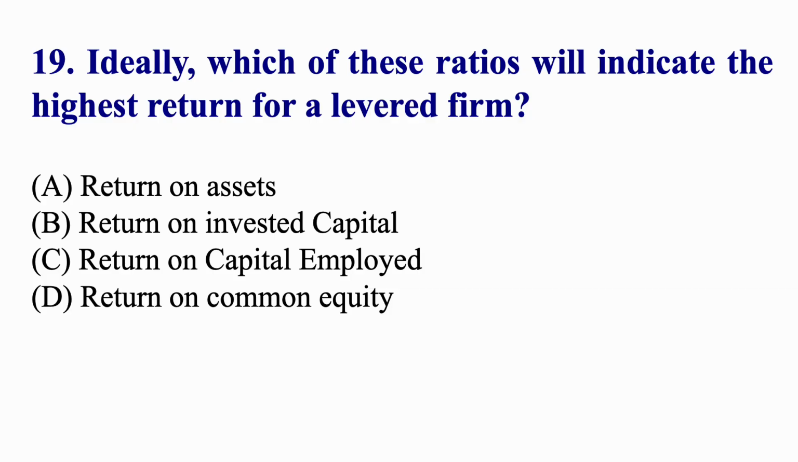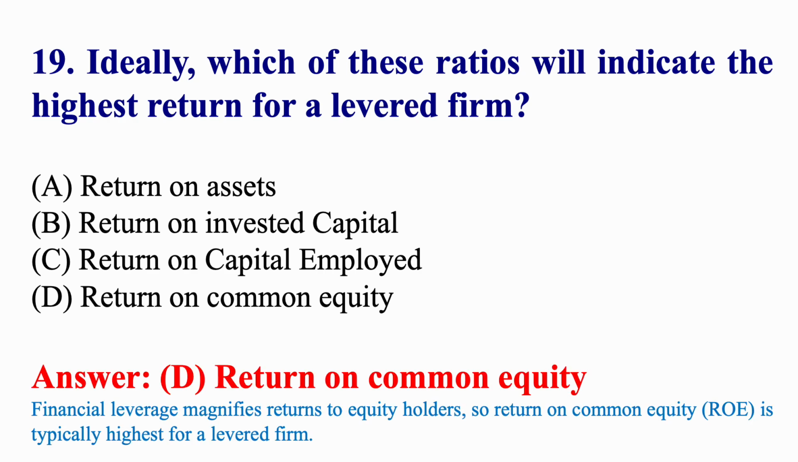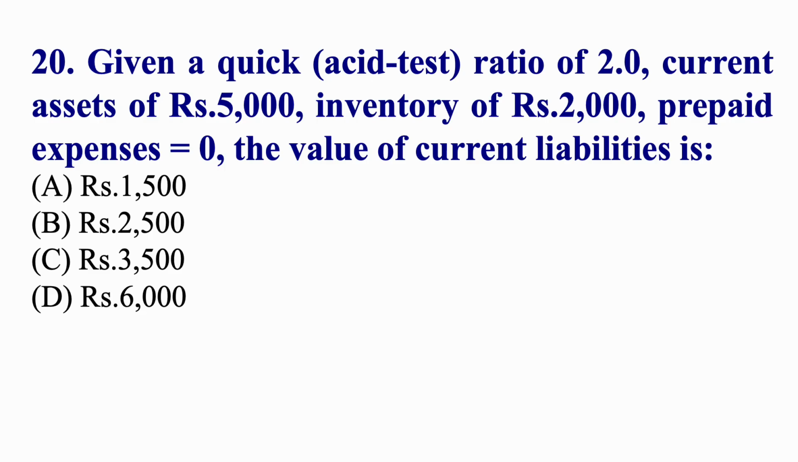Ideally, which of the following ratios will indicate the highest return for a levered firm? Return on common equity. Given a quick asset test ratio of 2.0, current assets of rupees 5,000, inventory of rupees 2,000, prepaid expense is equal to 0, the value of current liabilities is